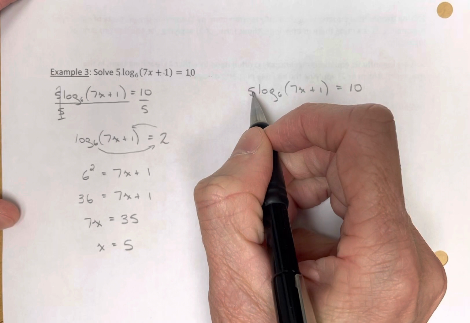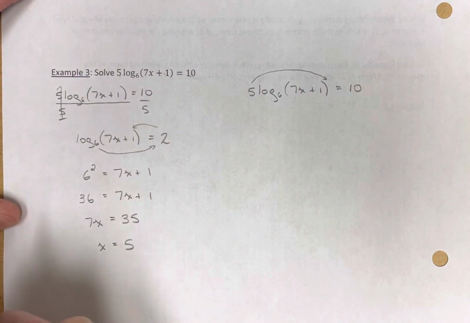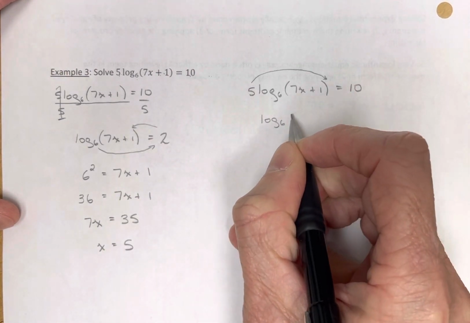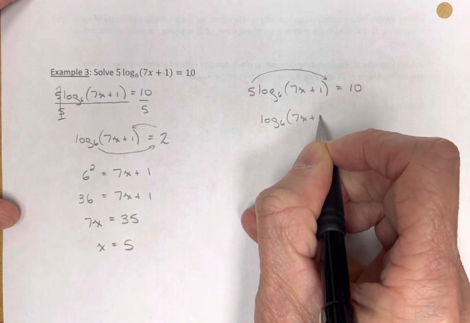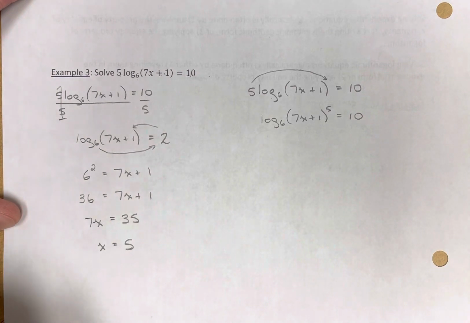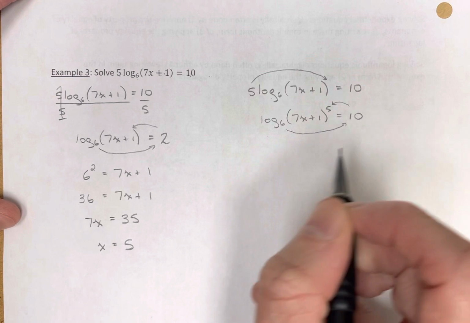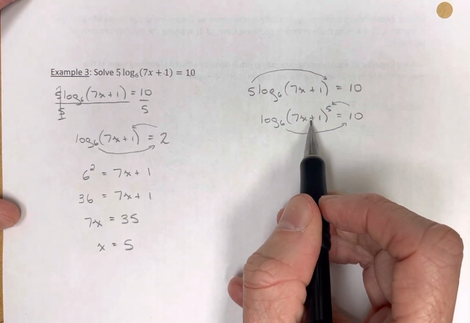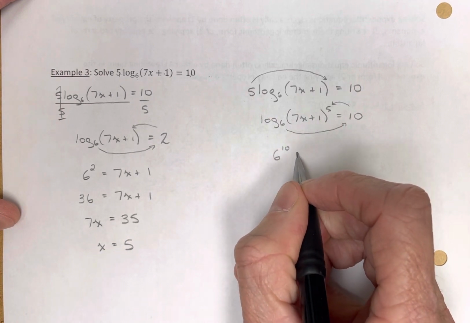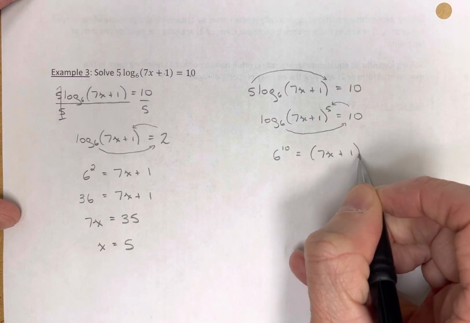The second way says that I can use the power rule and move that back to there. So I have the log base 6 of (7x plus 1) to the 5th power is equal to 10. Okay, now I can change it to its exponential form because my log is separated, it's by itself. And this is 6 to the 10th power, well, that's a big number,